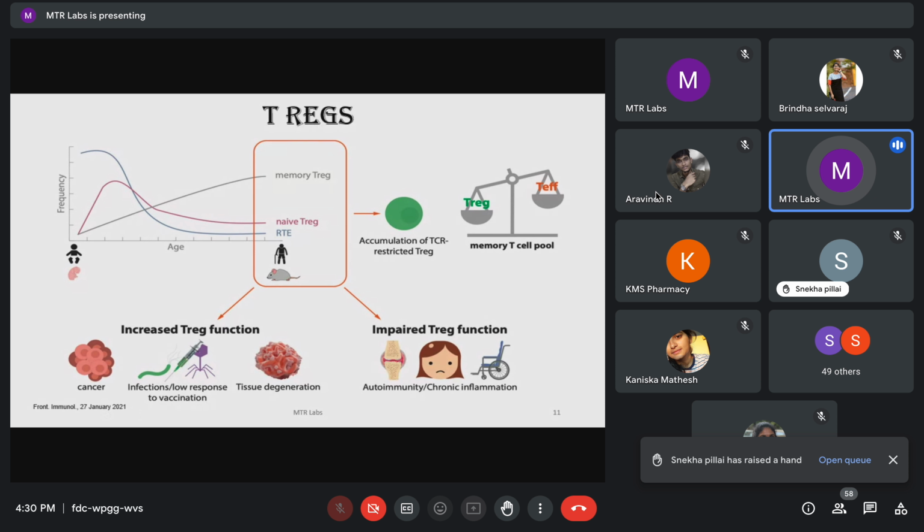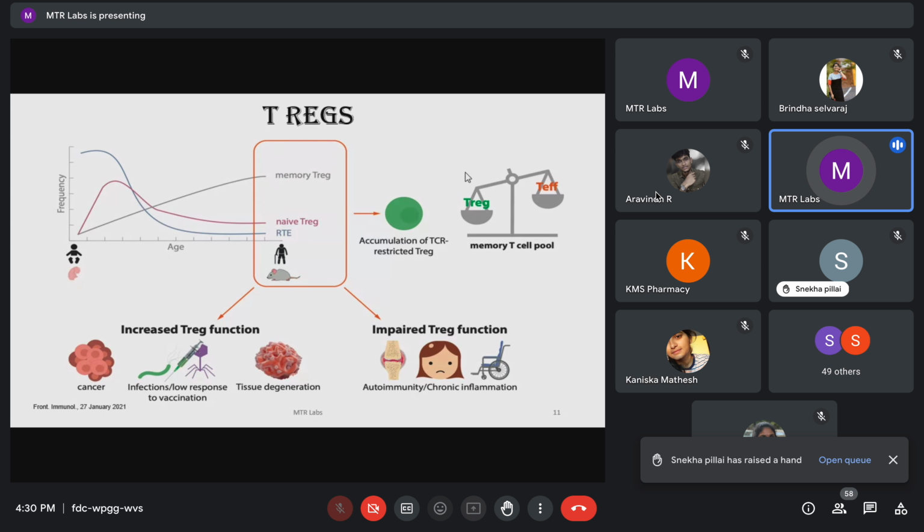Treg research has been intensive recently after this population was identified, and it has been shown that this population balances the immune system. It tries to balance the immune system by preventing or dampening the immune response if needed, and if needed, it will give the immune response. So it is specially designed to regulate the immune response, and hence the name T regulatory cells.